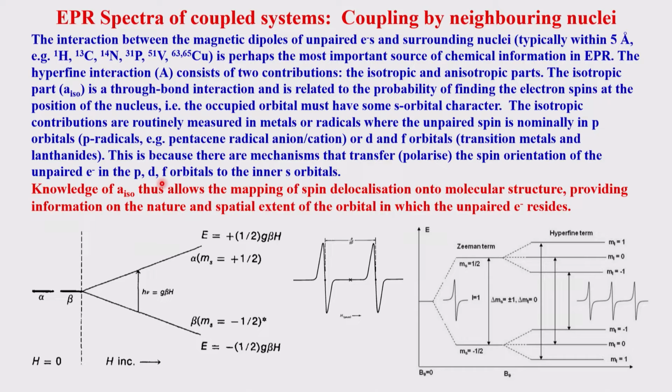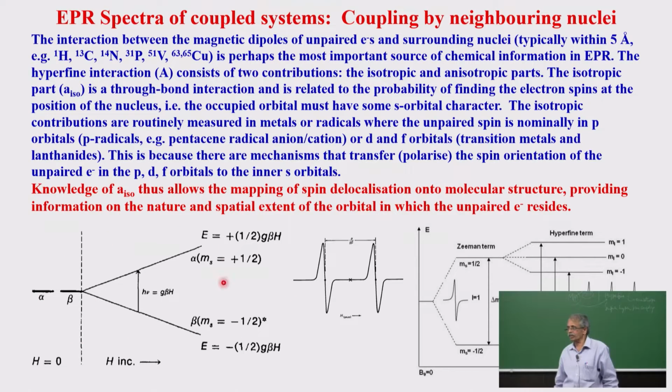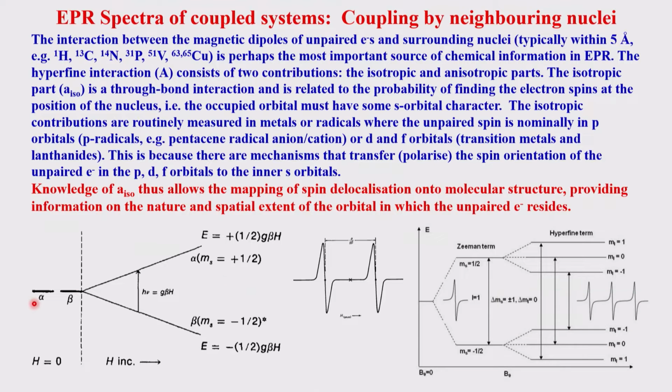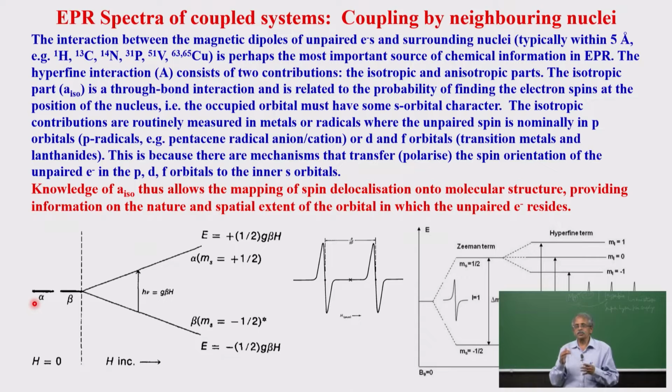Okay, whatever I mentioned partly earlier and partly in this class, let us look at through the diagrammatic. I draw your attention to this particular slide in the bottom left. In the absence of any external field, the electron spins of alpha and beta will have the similar energy. Kindly look at the plot that I am showing. So they have the same energy, but now when you bring this kind of a system into a magnetic field,